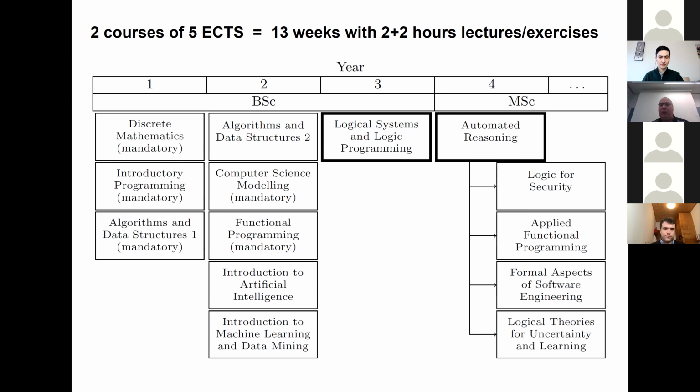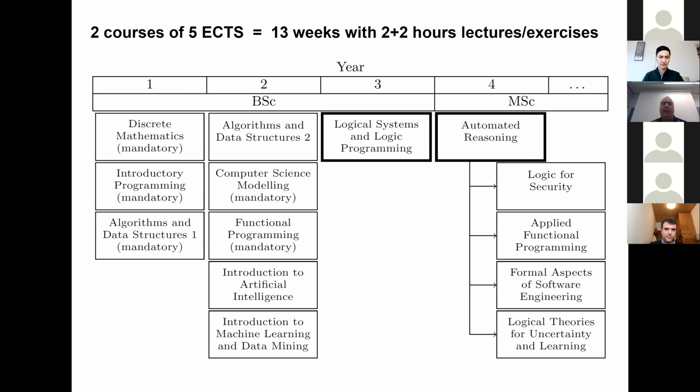There's the logic for security, there's applied functional programming with advanced topics in functional programming. There's more formal aspects of software engineering, and there's also applications of logic in, for instance, AI and natural language semantics. So the courses are actually not very large, and keep in mind that in the first course we also